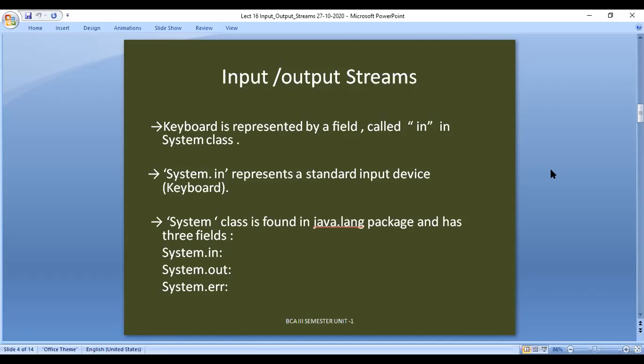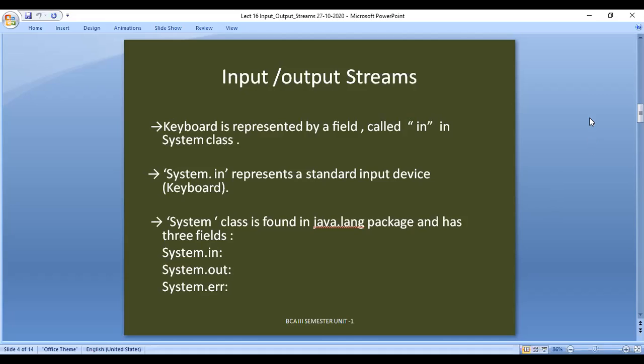So the keyboard is represented in Java as a field, a kind of variable, which is part of the System class. We use System.in as the standard input device. As we are noting here, the standard input device is denoted using System.in.